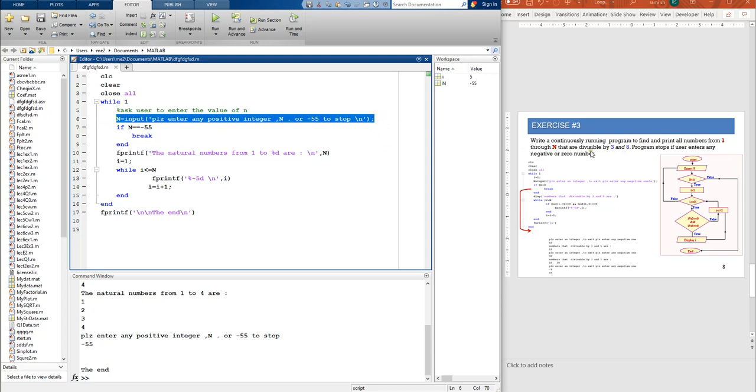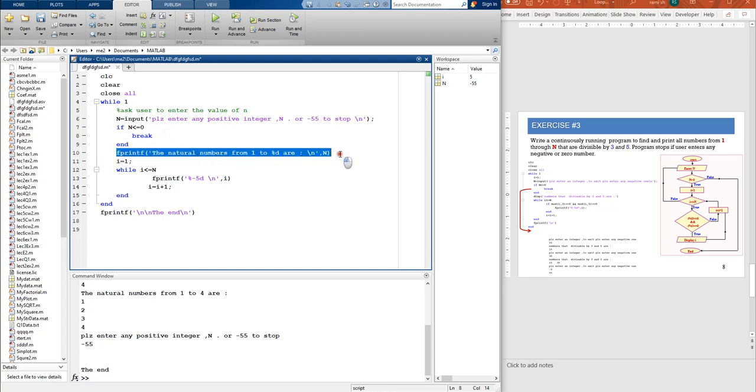Then guys, the program should stop if the user enters any negative or zero number. So if n is less than or equal to 0, it should break. We have a while loop to make it continuous. Print, we have to write here the numbers